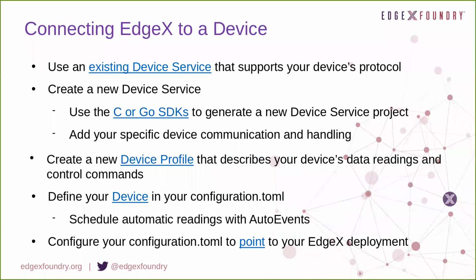We support a number of standard protocols already and provide device services that will be able to control devices that are using those protocols. If one of our device services does not fit your needs, you can also create your own. We provide a C and a Go SDK that make it really easy to start a new device service project. So you'll need to go download those, start off your new project, and then the only part you have to add is the communication-specific bits to talk to your protocol or directly to your device, however it's connected.